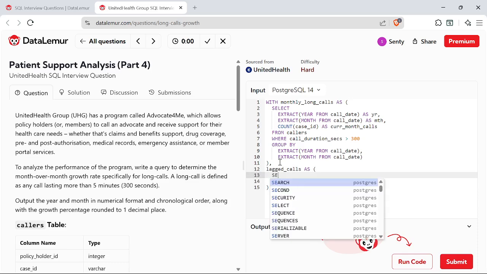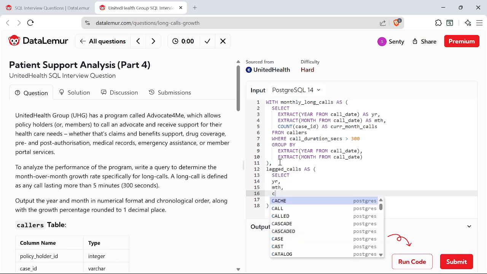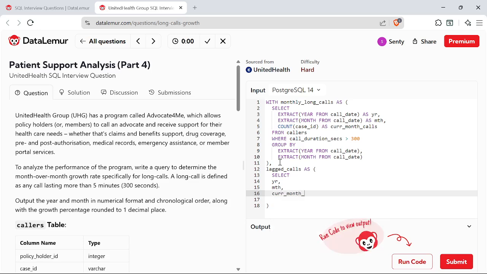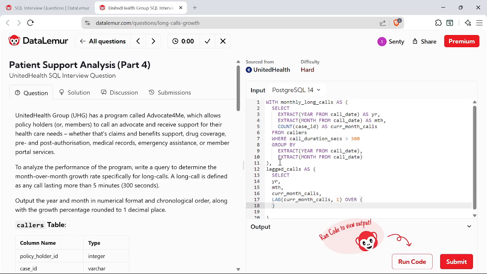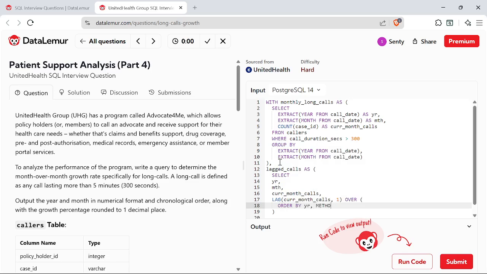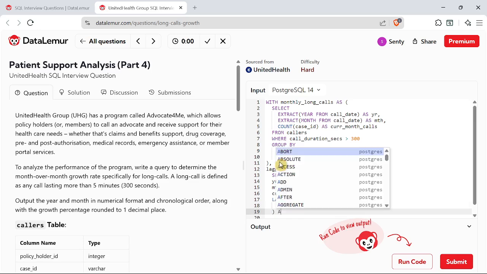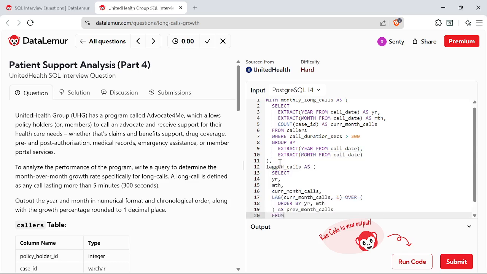select year, month, current month calls, lag current month calls, comma 1 over order by year, month, as previous month calls, from monthly long calls,